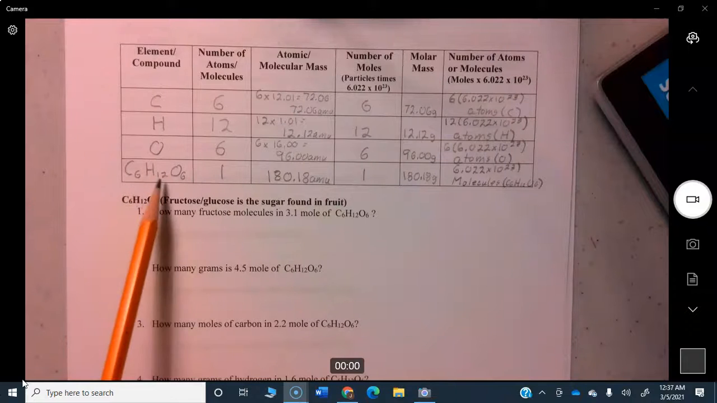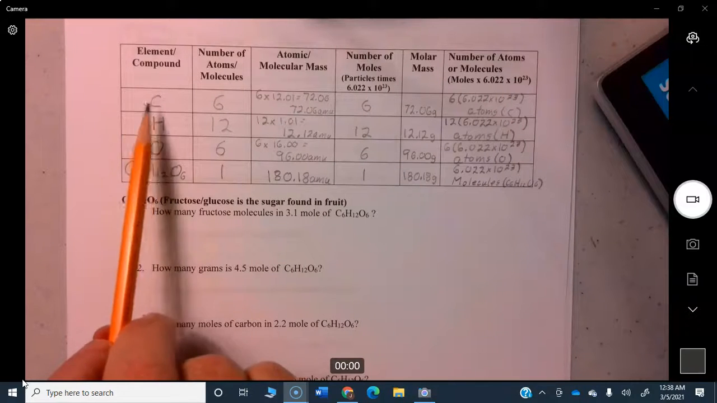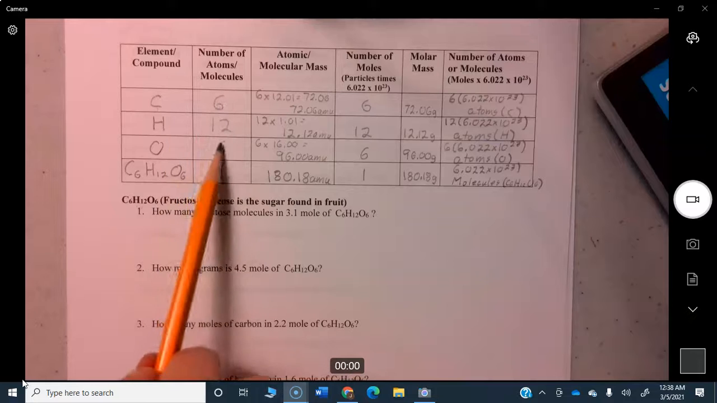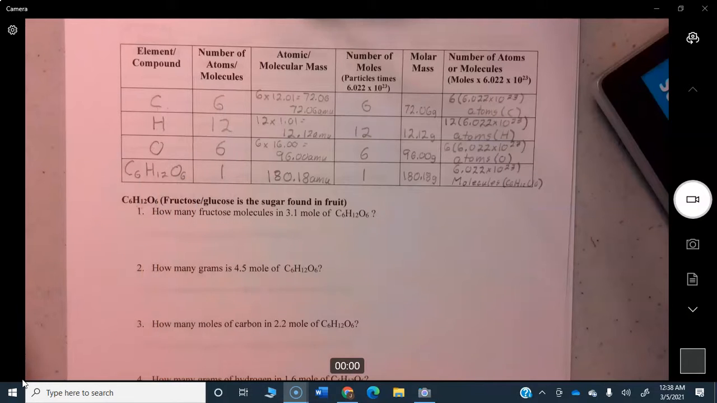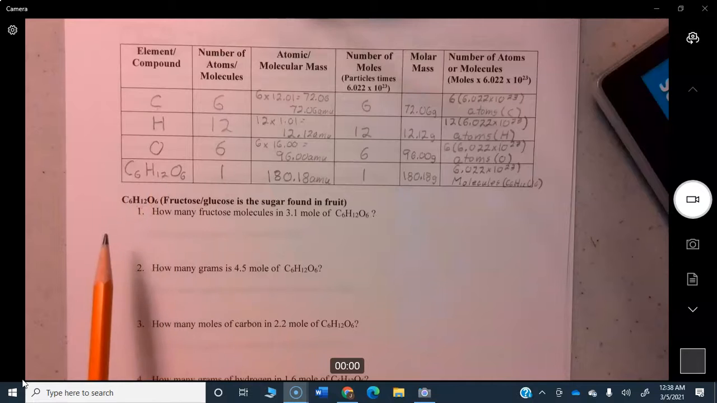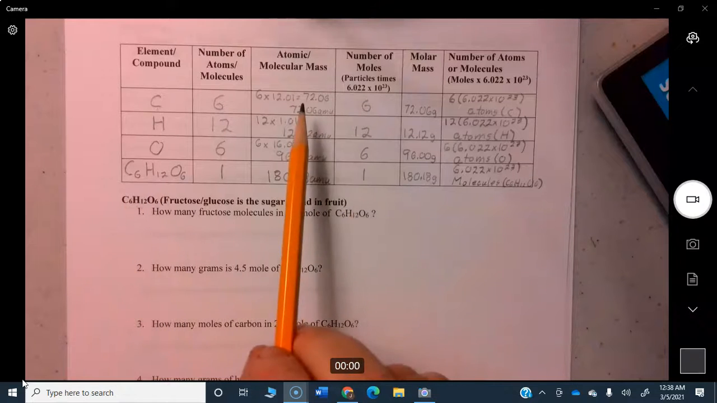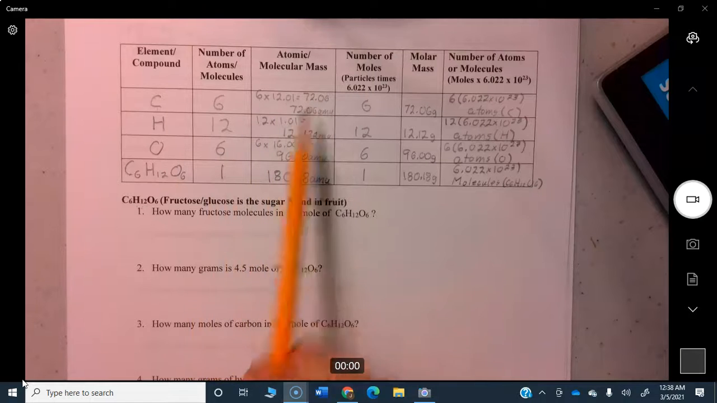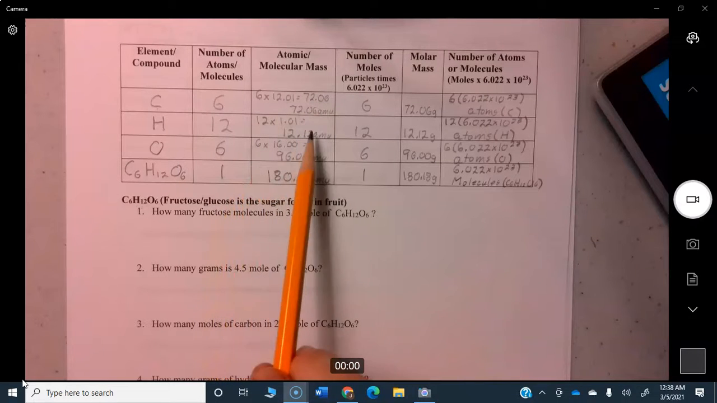So C6H12O6, you have 3 different elements involved, C, H, and O. 6 atoms of carbon, 12 atoms of hydrogen, 6 atoms of oxygen produce 1 molecule of C6H12O6. The masses are 6 times 12.01 for carbon. You get that off your periodic table, and that gives you 72.06